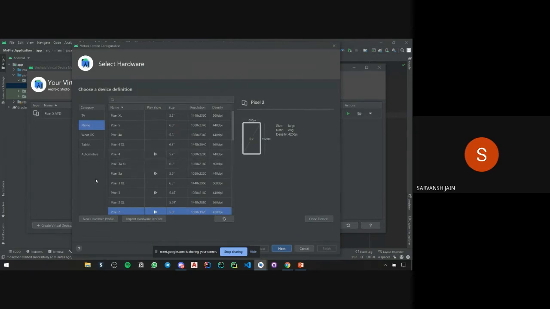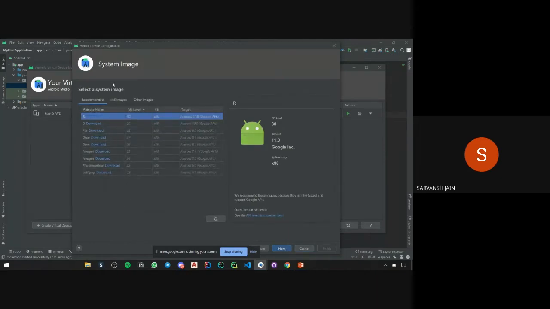In Android Studio you get many options because Android TV is there. Android works on phones as well as tablets, Wear OS, automotive, Android Auto. Today we'll work on phone. I'll choose Pixel 5 as my device, and it also lists the size, resolution, density, all those things. Then I click on the next button.